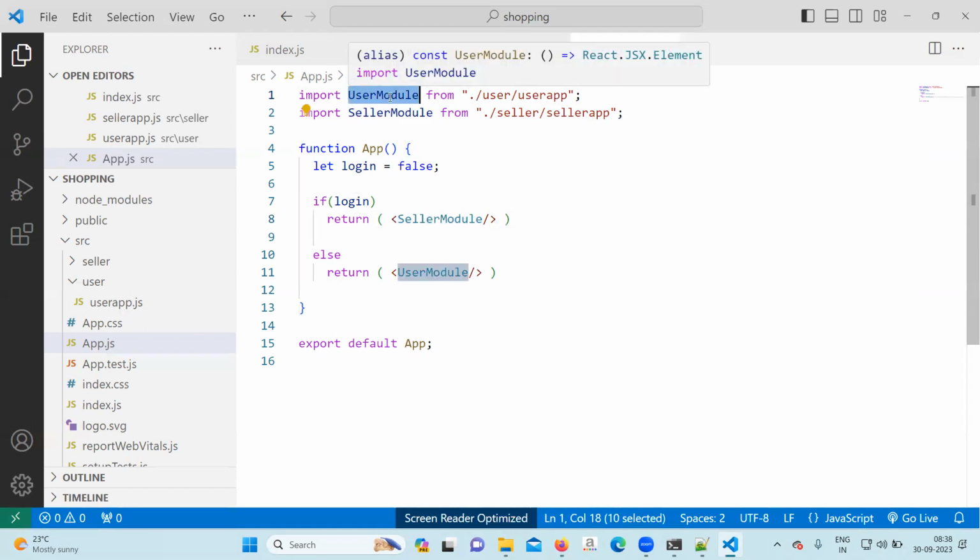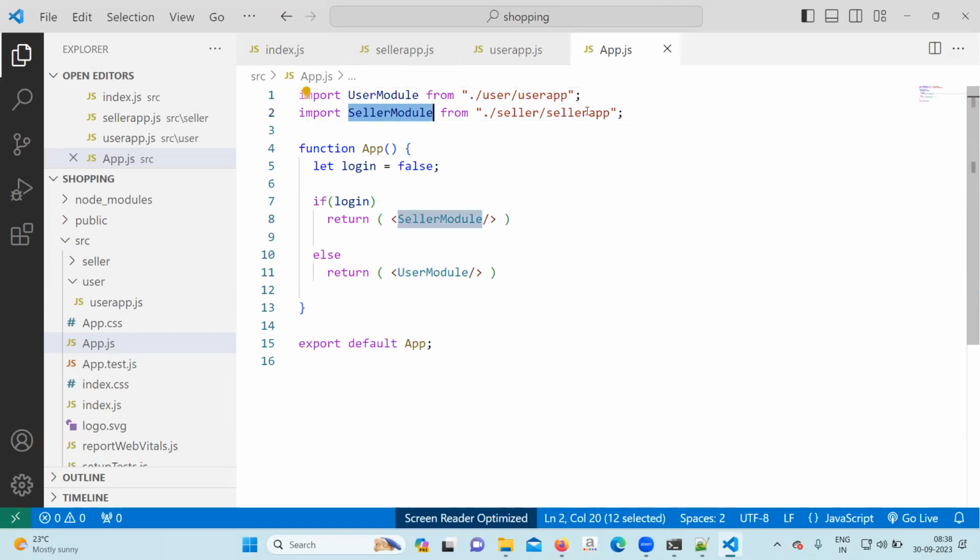User module related routing, imports and exports will all happen in the user app file. And all seller module related routing will happen where? Under the seller app. So when the user module loads, it has its own everything, and when the seller module loads, it has its own everything.